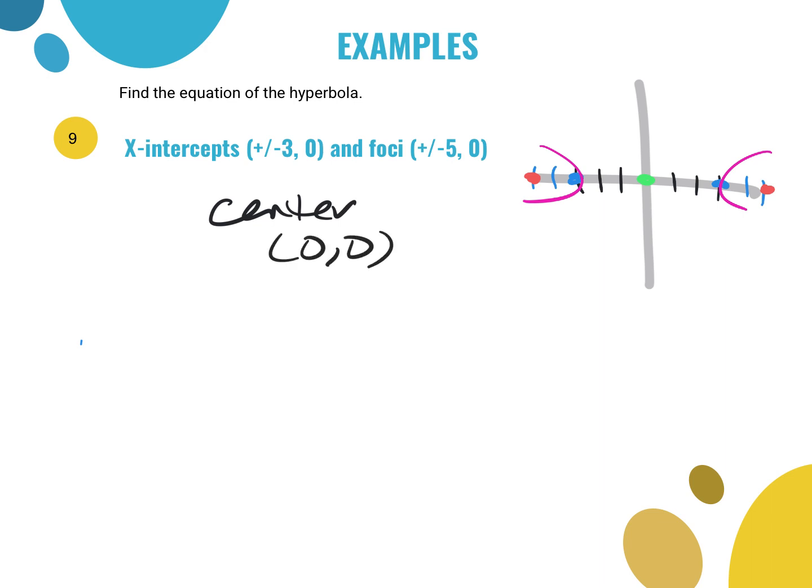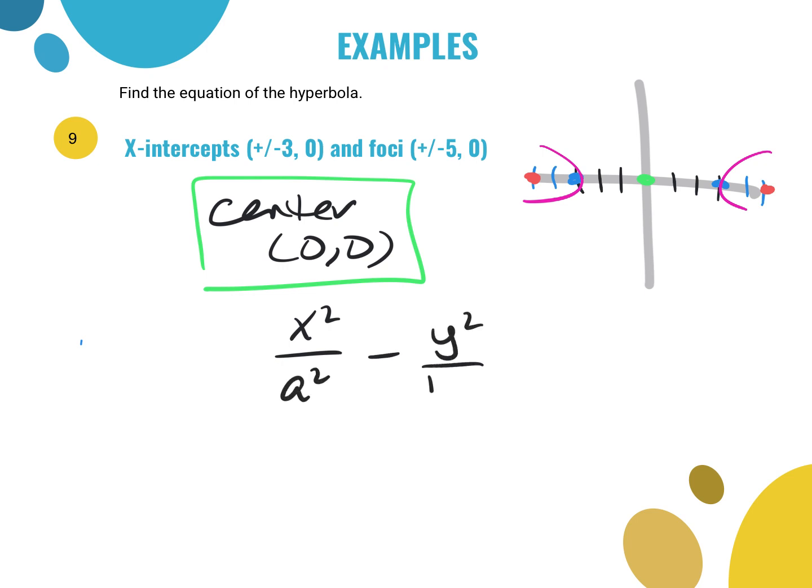So that's my center point. And you can see that it's transversing the x-axis. So what we're going to be filling in is x squared over a squared minus y squared over b squared equals 1. I can get my a value by finding how far away the center is from the vertex,